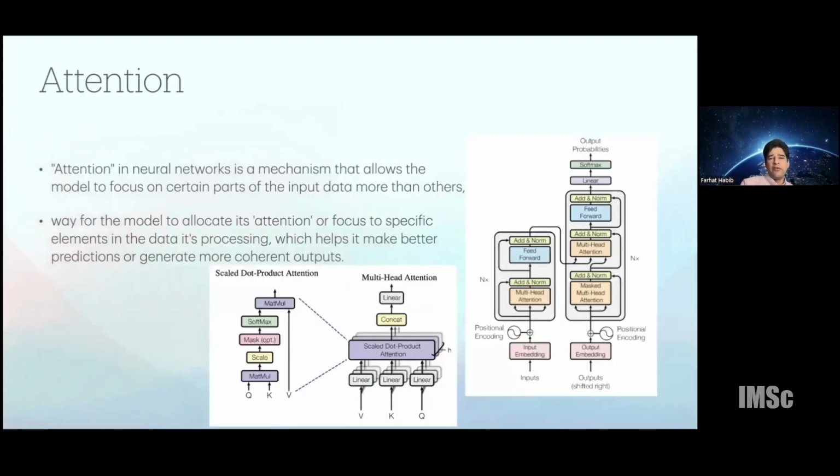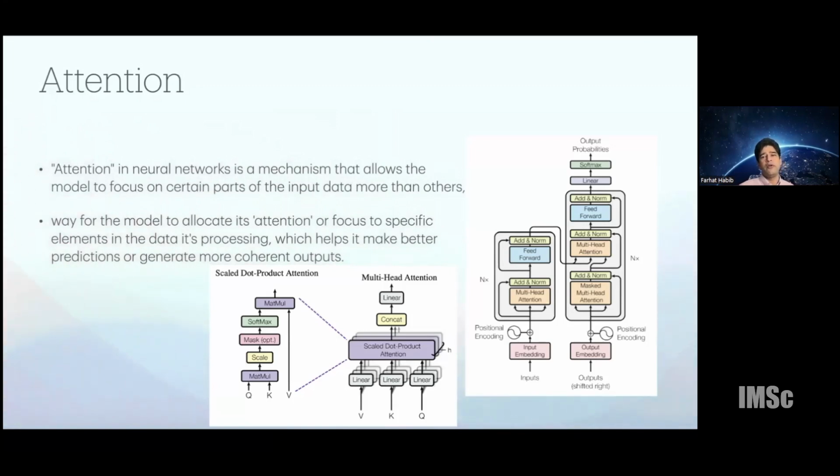So what is attention? Attention in neural networks is essentially a mechanism that allows the model to focus on certain parts of the input data more than others. It's similar to how humans would react in a noisy room where you're talking to the person opposite you, and you tune out all the other people and focus only on the person you are talking to.